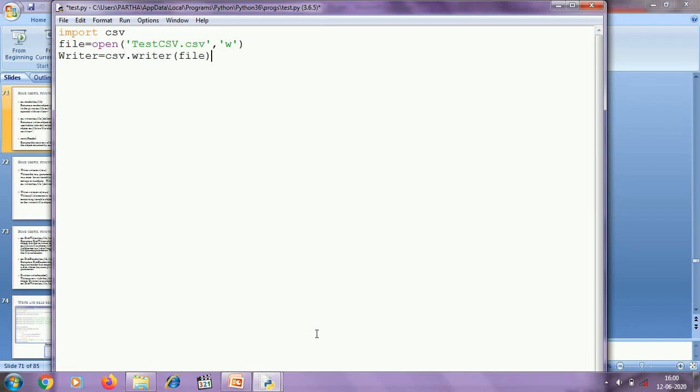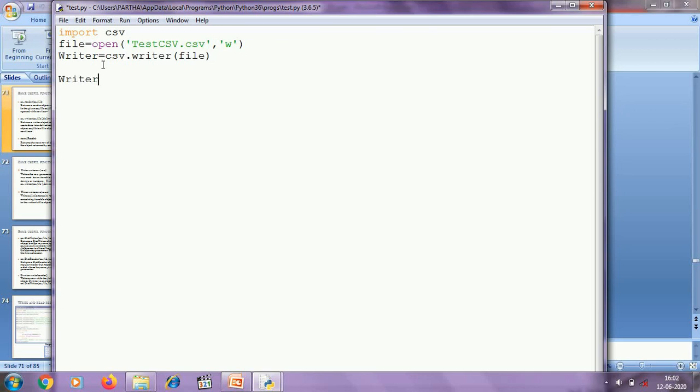For writing to a CSV file, we need to access a function that is written in the csv module, and the name of the function is writer. And to access this function, we need the csv module. So I have to write csv.writer, and within parentheses the file object using which I am opening the file, and this function will return an object using which we can write to the CSV file testcsv.csv.